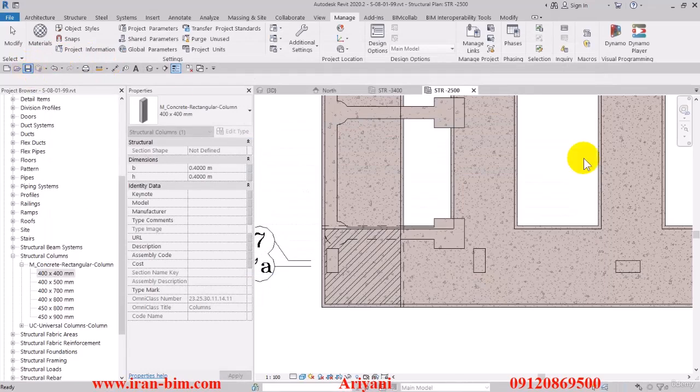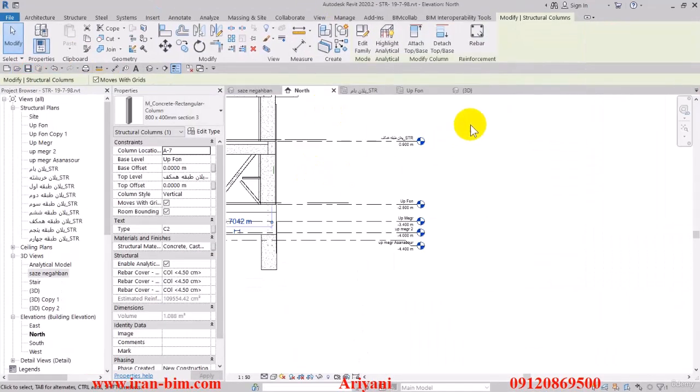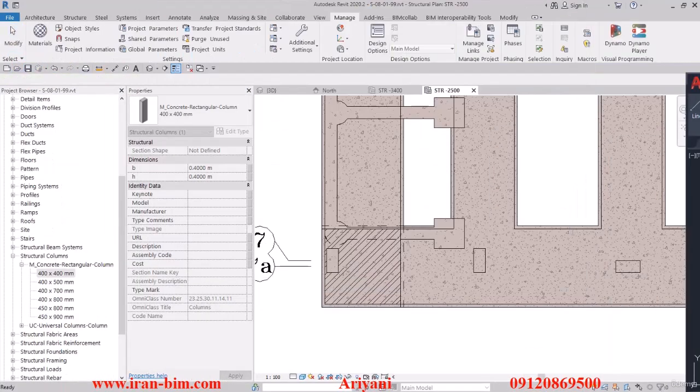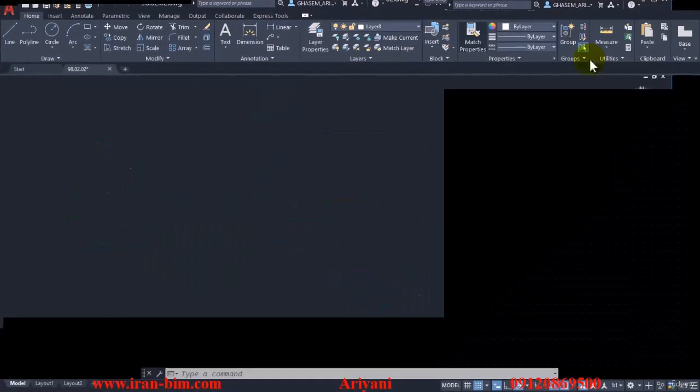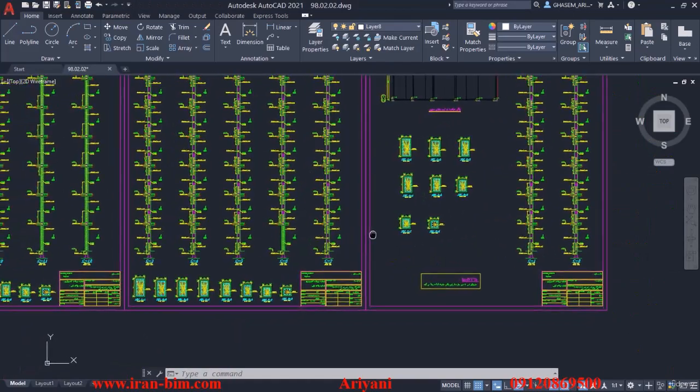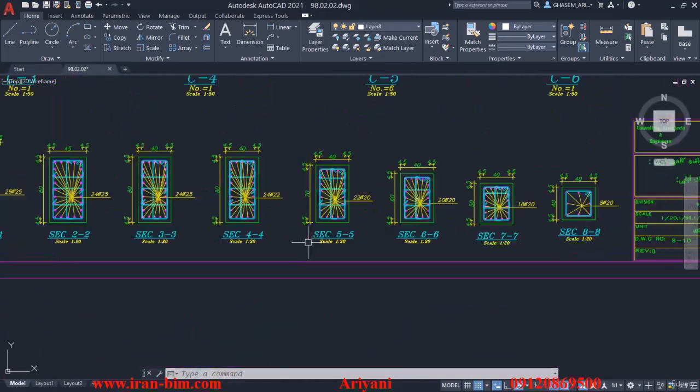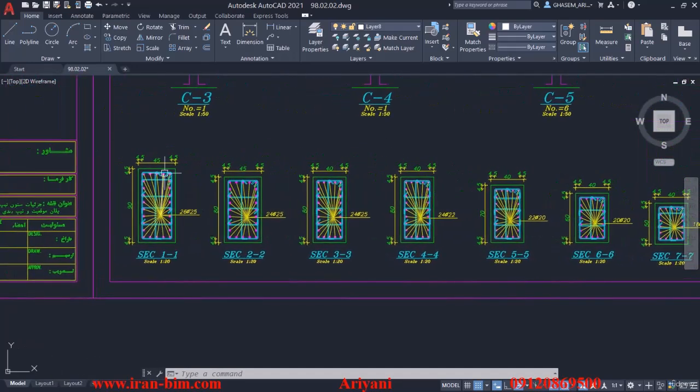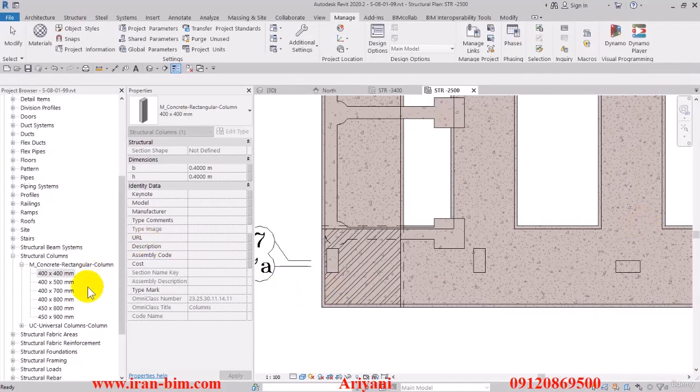All right, so let's take a look at the AutoCAD file and see what we've made. So here we've made the 400 by 700, not the 400 by 600. And let's see what else. I've made the 450 by 900 and 450 by 800. So I'll just have to make the rest. And the only one remaining is